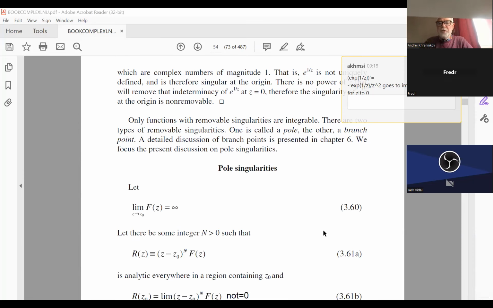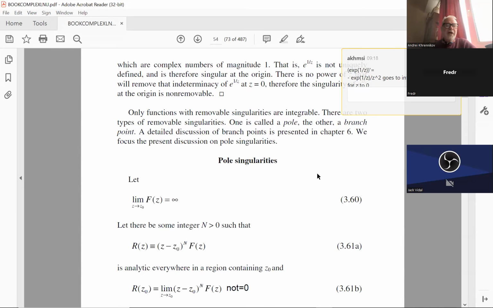There was a question, a very good question. Is the Cauchy-Riemann condition equivalent to analyticity? No, not for infinitely differentiable functions. And this question was discussed in the first lecture. I suggest you go to the first lecture. What I have not repeated in this second lecture is the notion of an entire analytic function. This is a function which is analytic everywhere. So now we go to this type of singularities.